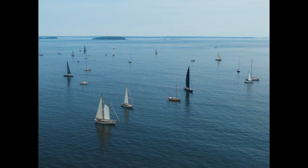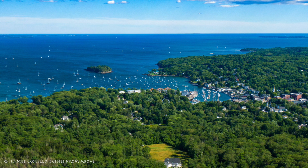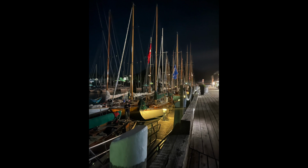The second day of the racing sadly was called due to not enough wind. As I found this out, I began to tear up from the disappointment of not being able to capture this race I drove all the way from Tennessee for. But then I realized how disappointing it must have been for the owners, the captains, and the crew of these